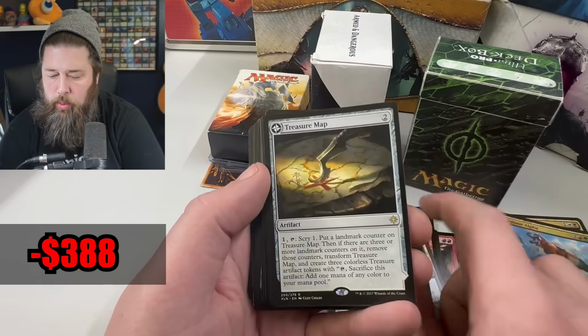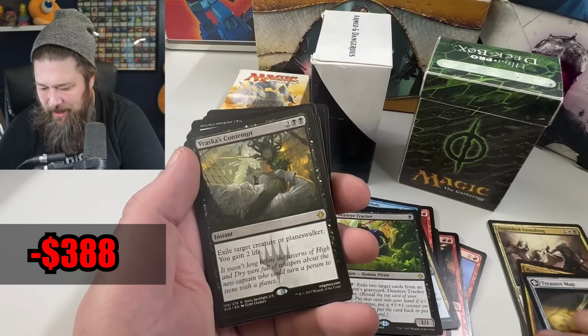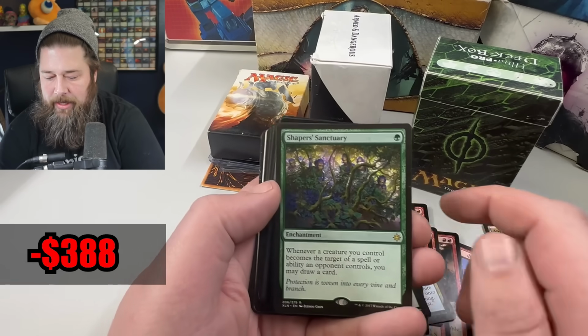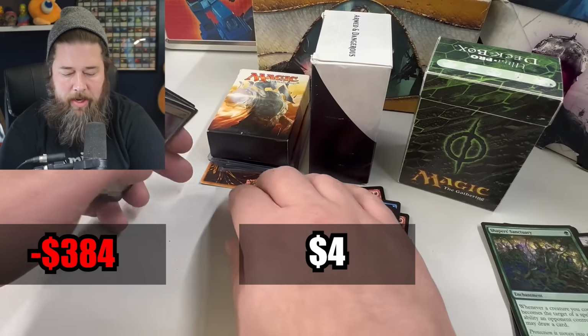Okay, so random Ixalan. Ooh, Treasure Map. I love Treasure Map. Treasure Map is such a good card. Okay, so it looks like... Oh, that random Portal Dragon is so strange. Why is there a random Portal... Ooh, Shaper Sanctuary. Okay, I'm actually... Ooh, foil lands even. Okay. Let me see if I can organize this a little better. We just have so much...